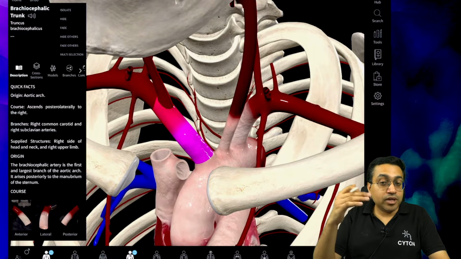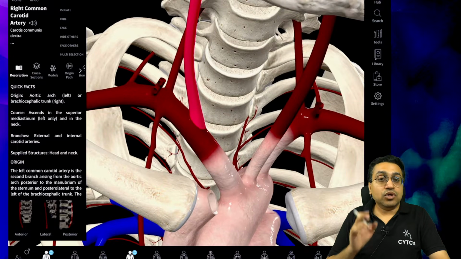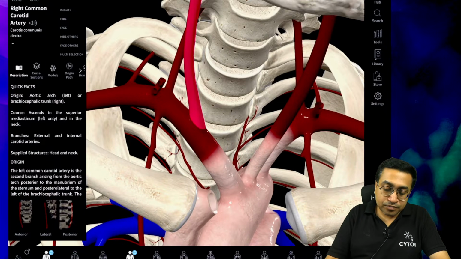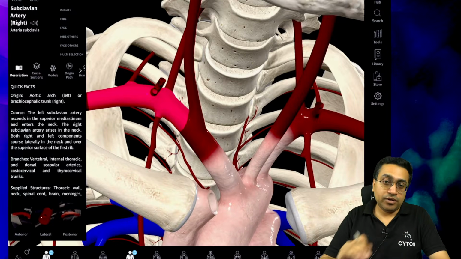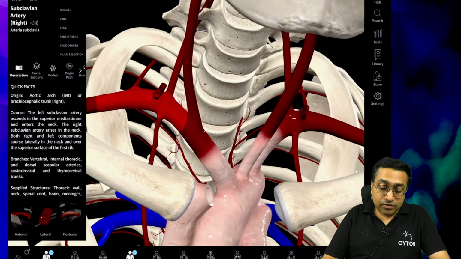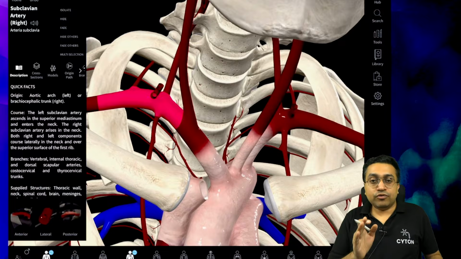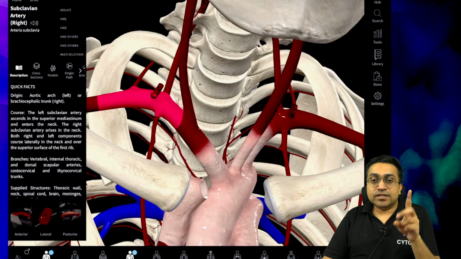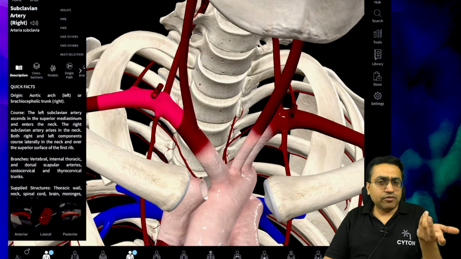Now further brachiocephalic trunk will give off these two same things, that is the common carotid artery on the right side, and this will continue into the right subclavian artery. Okay, so that means if you see properly, two things are main which are coming off from the arch of aorta, that is the subclavian one, second is the common carotid. These are the two main vessels. Now understand very basic thing.